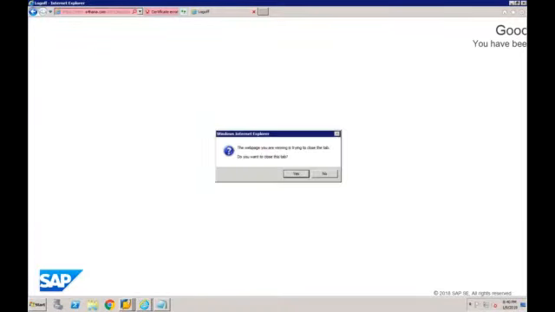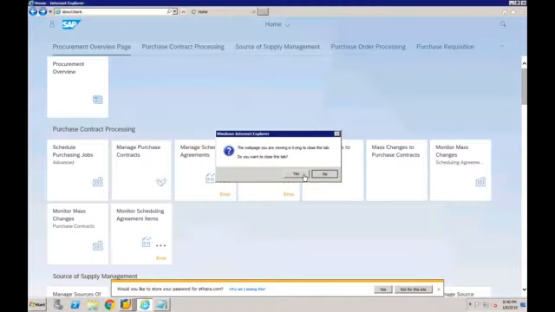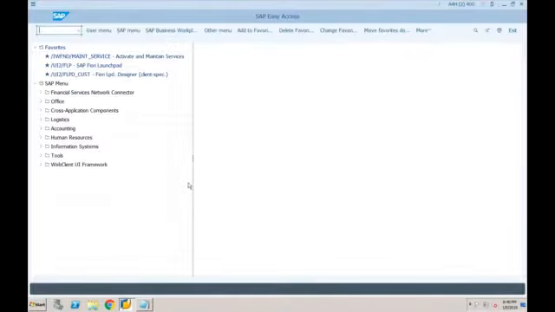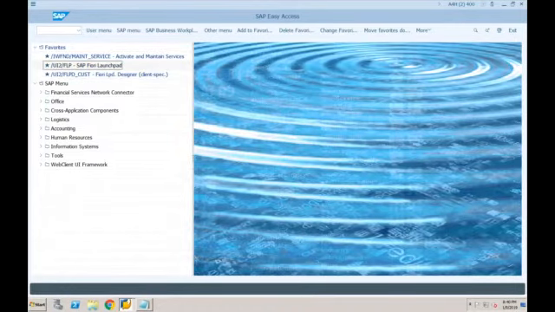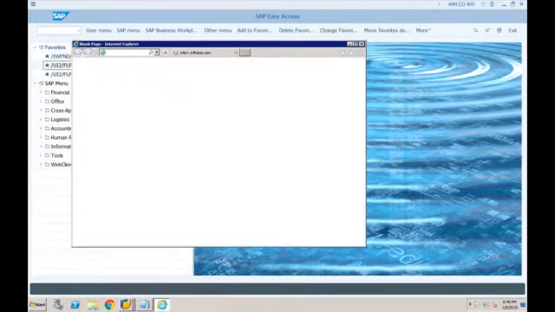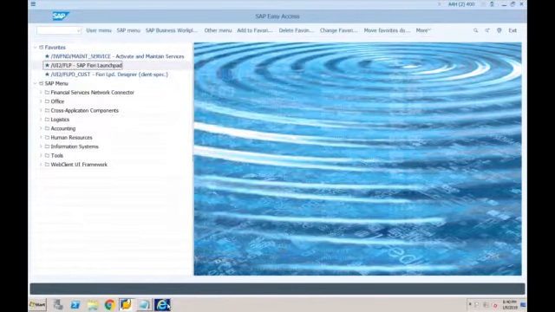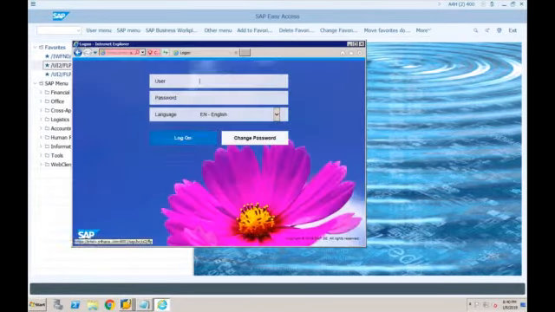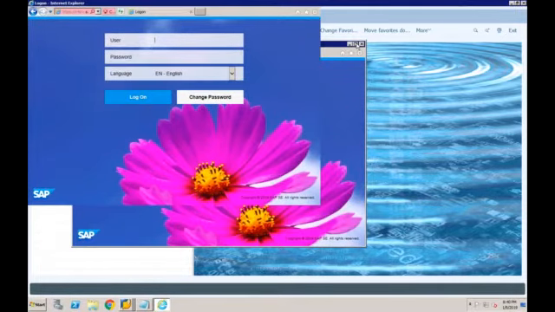Okay, again let's say even this page is logged off. So now if I go back to the Fiori Launchpad screen again, okay, close this and go to this one, continue to this website. See, this is a flower. Okay, the reason why it always shows the flower is SAP Fiori stands for flower.